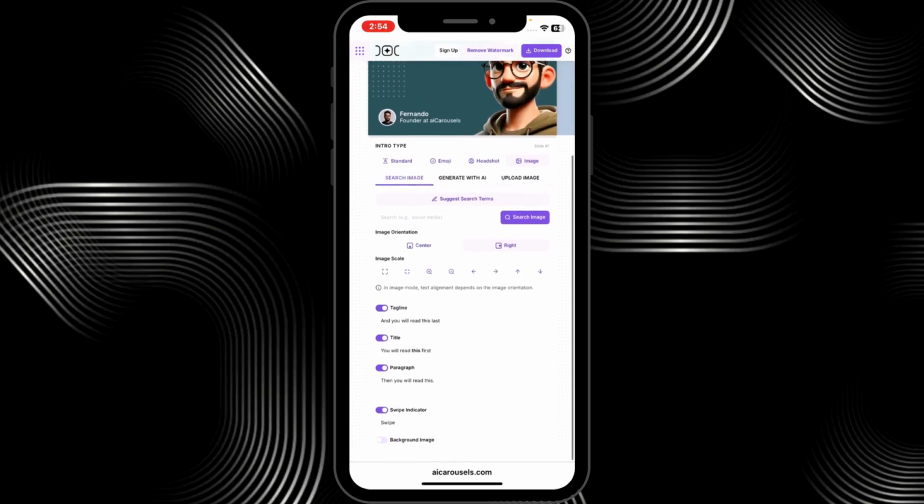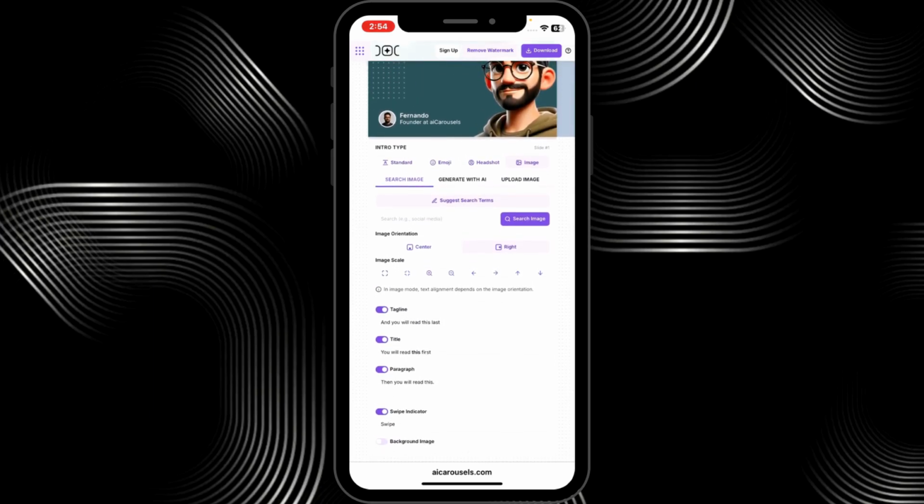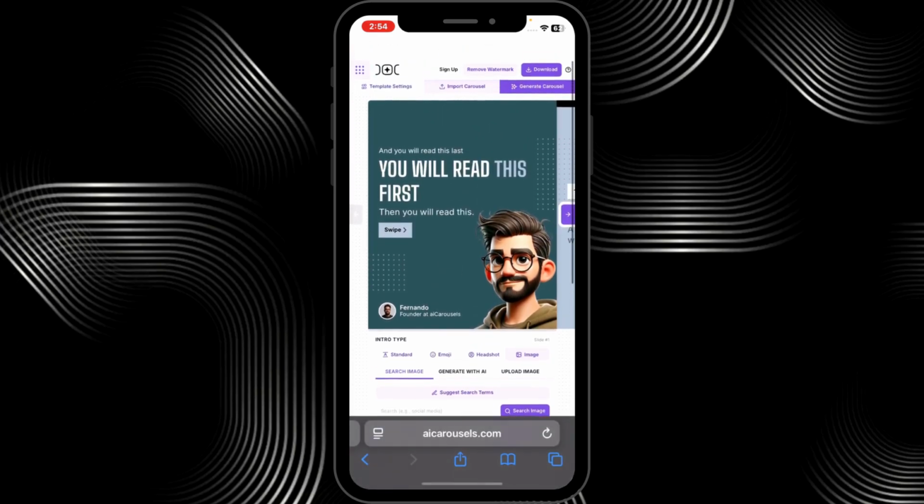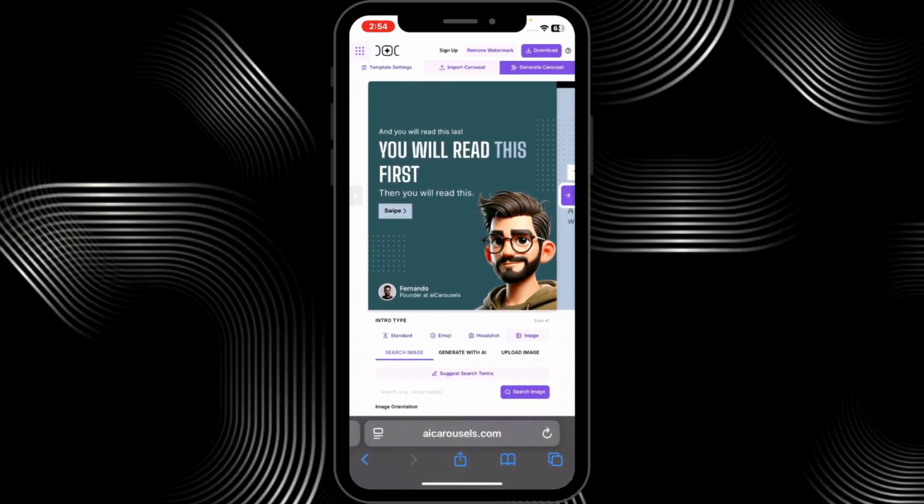And all you gotta do is just add the tagline, title, paragraph, simple indicator. And hit generate carousel at the top right and download it. So input your topic, choose a theme, and the AI generates, resizes, and formats slides, allowing for quick export and